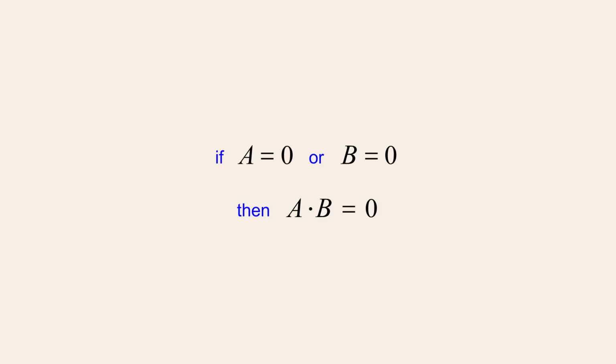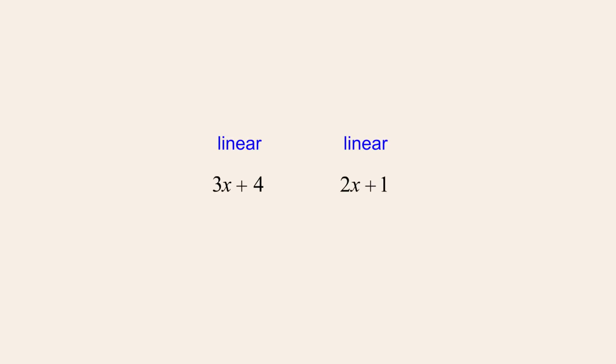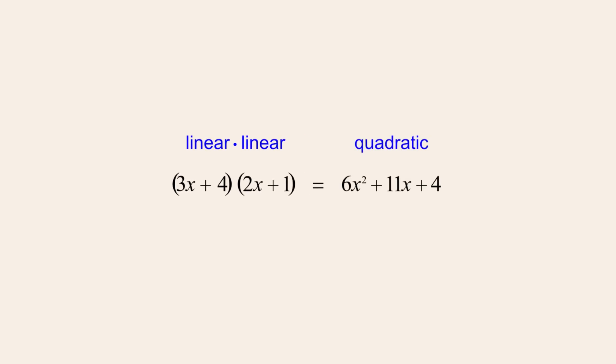This same logic applies to the linear factors of a quadratic expression. As we showed in the lecture creating quadratic expressions using the FOIL method, a quadratic expression can be created by multiplying two linear expressions together. Those linear expressions will therefore be factors of the resulting quadratic expression. So when x is a value that causes any factor of a quadratic expression to be 0, then the quadratic expression will also have a value of 0.